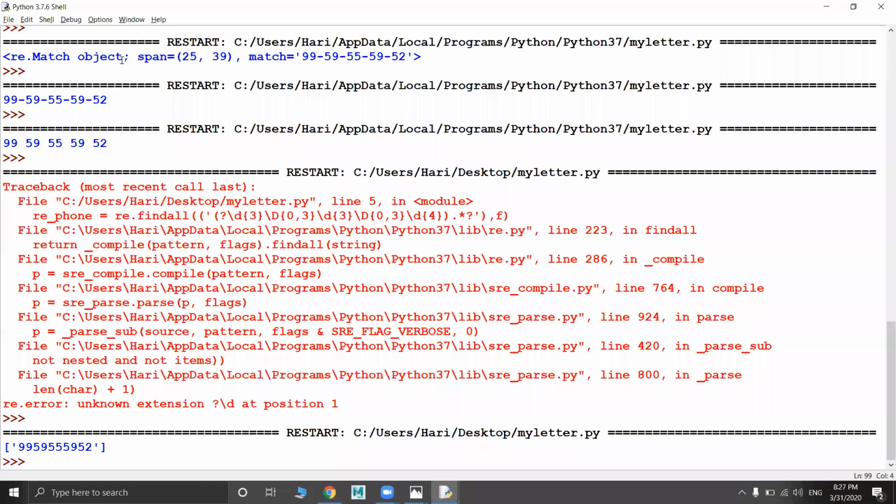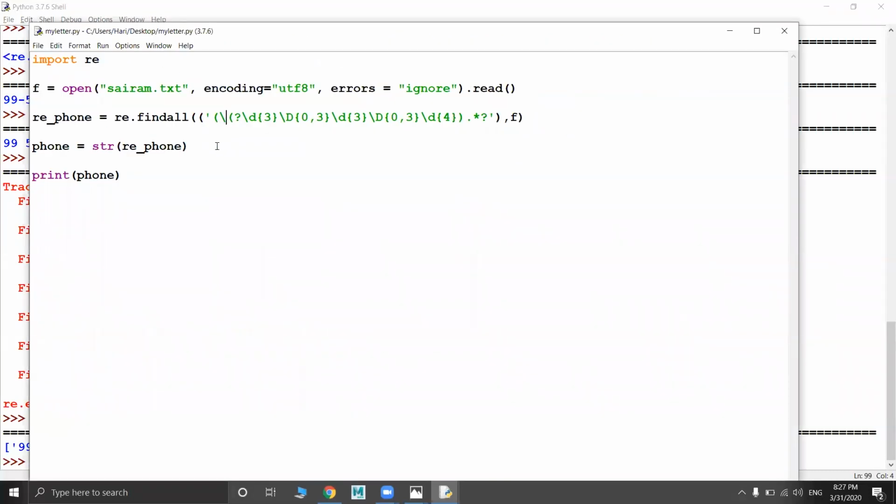You got it in the list format. So what you need to do is convert this list into the string format. For converting the list into a string, you need to give this.